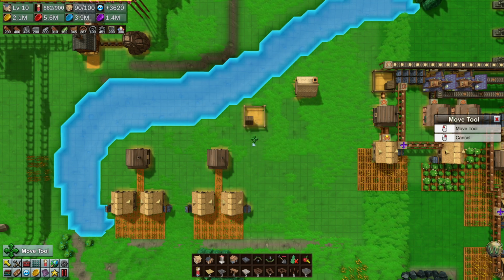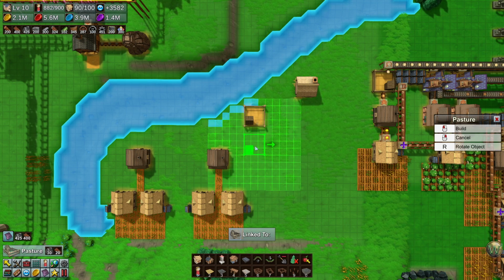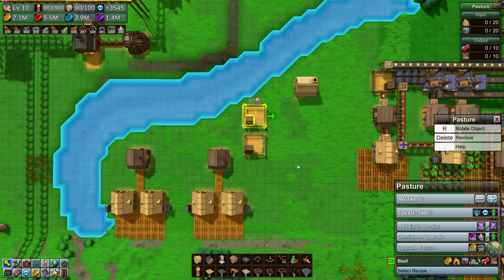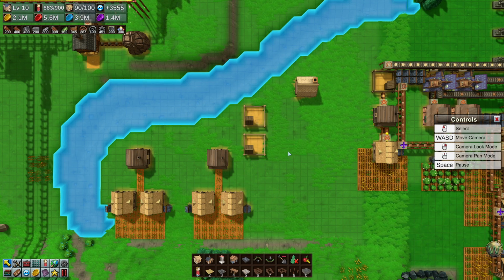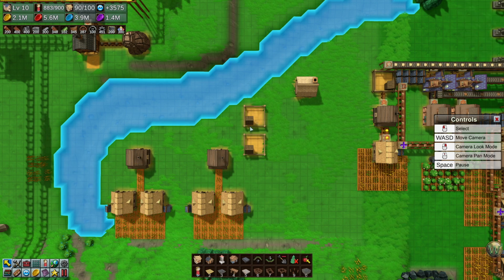We wanted to. I don't know that I want to, because then I've got balance issues. So, 1 beef per second is going to require 4 water per second. So that is a total of 8 wells, unless, of course, apparently they are on...